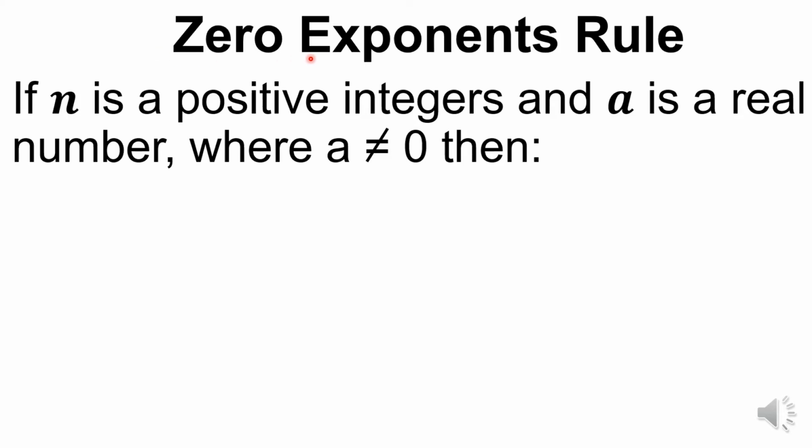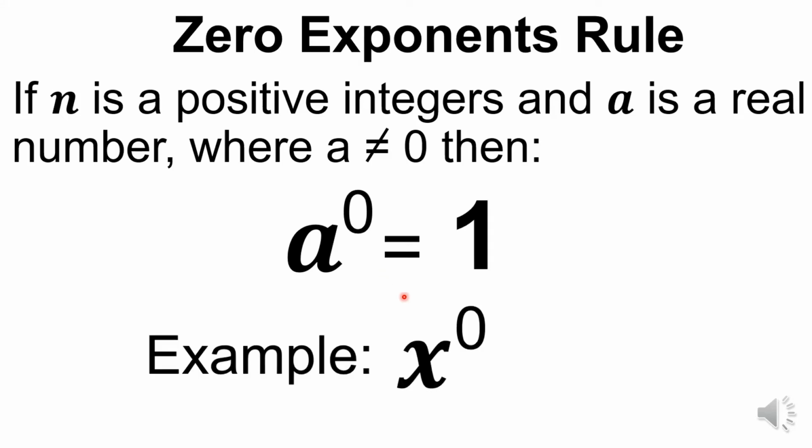Now, this time is the zero exponents rule. If n is a positive integer and a is a real number where a should not be equal to 0, then a to the power of 0 is equal to 1. Okay? Let's have an example. x to the power of 0 is 1. Okay? Next is,